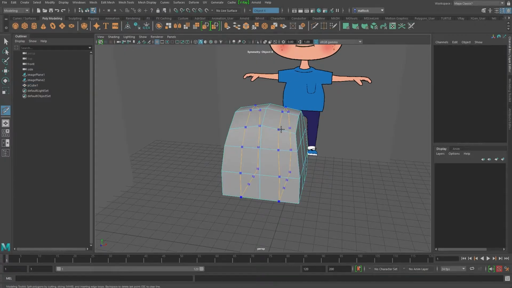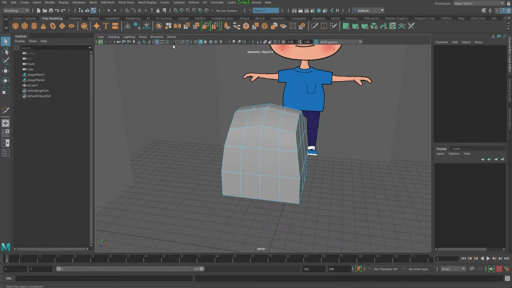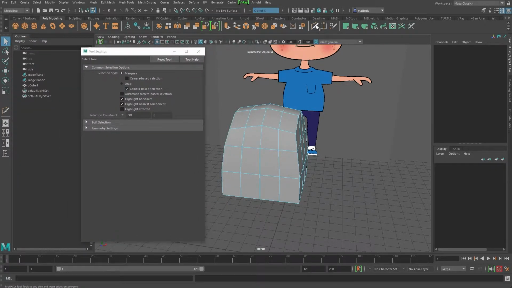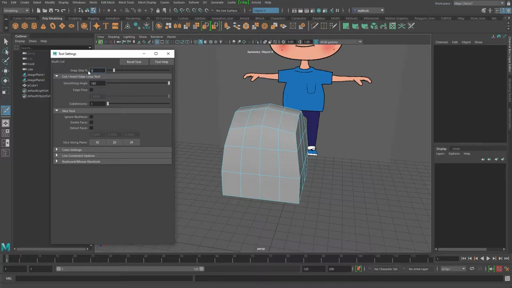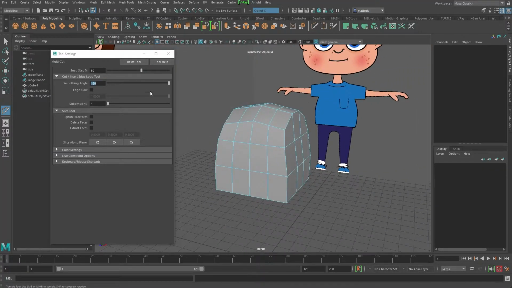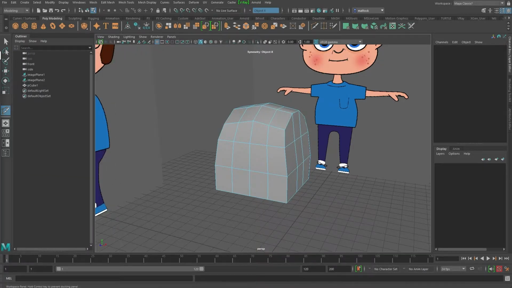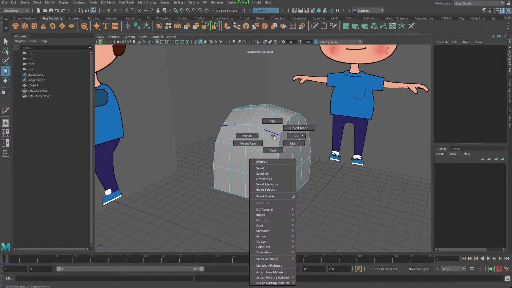Let's add in an edge loop here. And what I'm doing, holding down shift as well, you get sort of snapping, and that's all down to, if I double click on the multi-cut tool, all down to your snap settings in here. If you set this to 50%, and now if I hold down shift, it will only go exactly 50% in between, and this is really useful. I've got another video on this as well, but it's really useful to be able to change these snap settings whenever you want. So again, I'm hitting my W key to go back to transform tool.